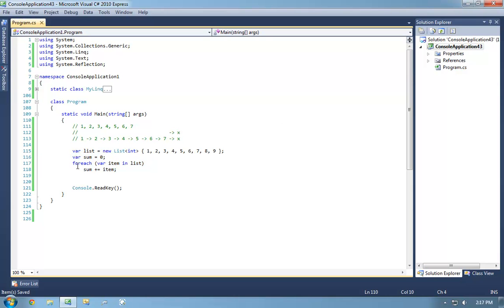We have a seed of 0. Then we loop through every item. Then we use the result of the last loop iteration in addition to our function, in this case the addition operator, and then the item that we're currently looking at. And that's all an aggregate or a fold is. So instead of doing this, I can do this.